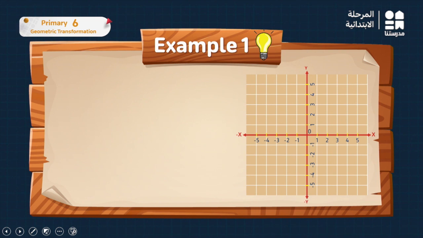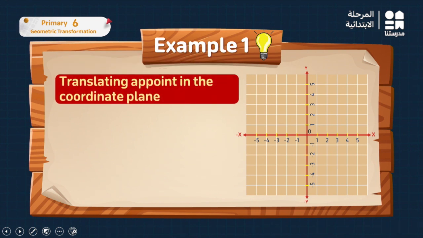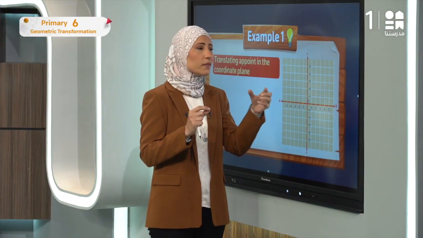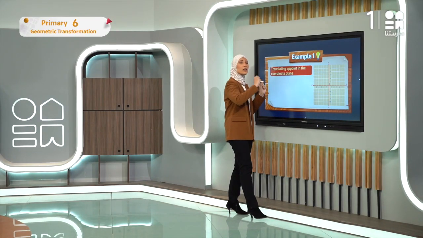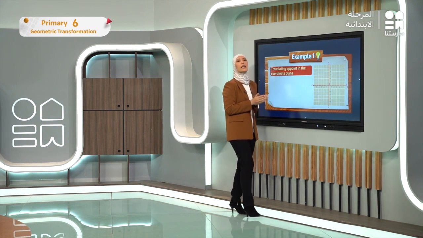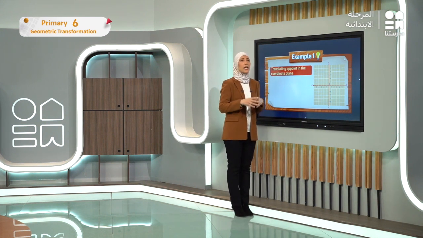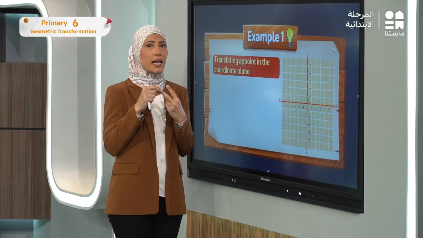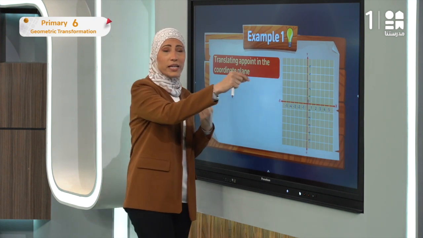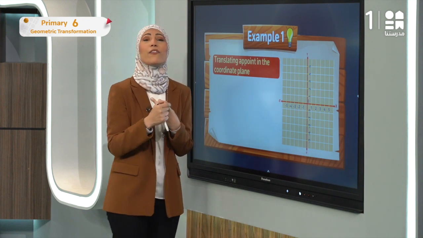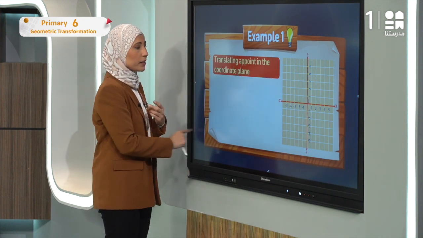طيب أول إكسرسايز عندي هنا بيقول لي translating a point in the coordinate plane. إزاي أعمل translating لبوينت، only one point على الكوردينيت بلان؟ يعني إيه؟ يعني أنا هرسم بوينت، البوينت دي هيحصل لها ترانسليت. طيب أنا قلت إن إحنا عشان نعرف نعمل ترانسليشن أنا في حاجتين لازم أبقى أعرفهم. إيه هما التو بوينتس I must know؟ الماجنتيود اللي هي distance، أنا همشي how many units، أوكي، والدايركشن بتاعي. تمام؟